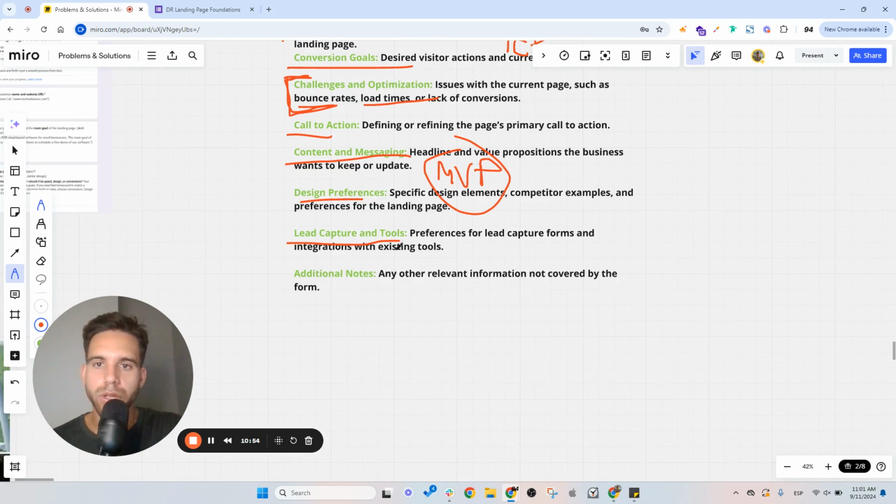Lead capture and tools: if they really want to have, for example, Webflow, but other people maybe have their ConvertKit or something like that, and we can integrate them and it's much easier. It goes directly to them, directly to the CRM, and it really doesn't make sense to have Webflow and then connect it to another tool that has to sync the emails. Doesn't make sense. You have the CRM, you have the embed code, and you embed it in the page, and it's so easy. And then any additional notes, because you never know, many people will have other concerns or other things